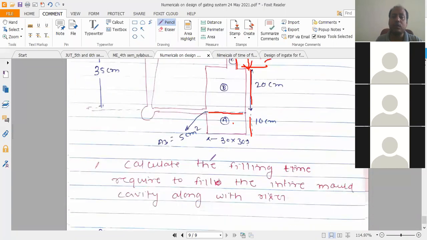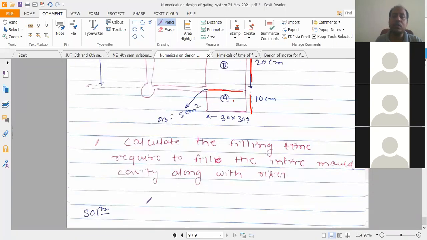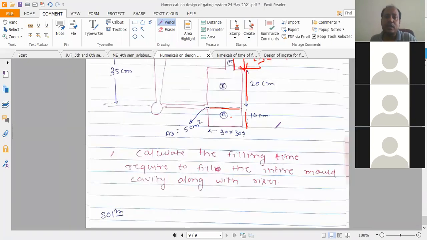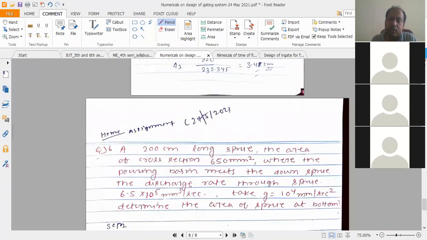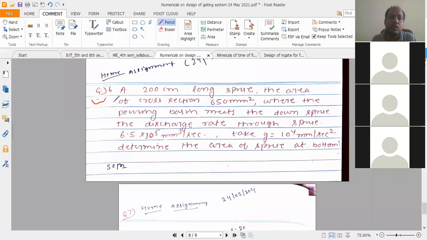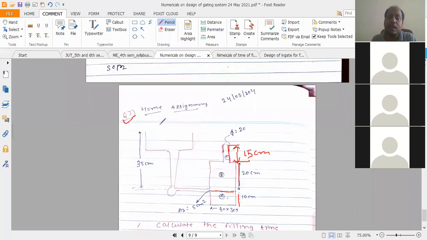So you have to solve this question once, then we will give you the solution. I have already given the whole notes of today's materials through the Google Classroom. You may check there and solve this question 6 and this question number 7. I will discuss tomorrow. Is it okay? Now once again I am taking your attendance.